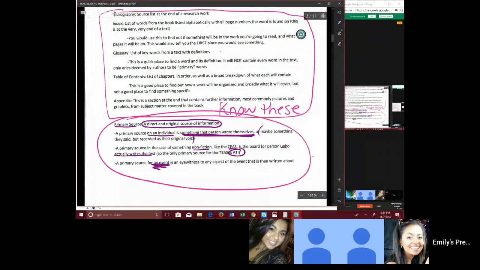So a primary source when it comes to an event is an eyewitness to any aspect of the event that is then written about. So you can't have a primary source for an event that doesn't actually make it into the article, but you can have a primary source for any of the things that were witnessed that ended up being in the article. One of the most common passages for you to run into, and I will show it to you a couple of different times in different spots,